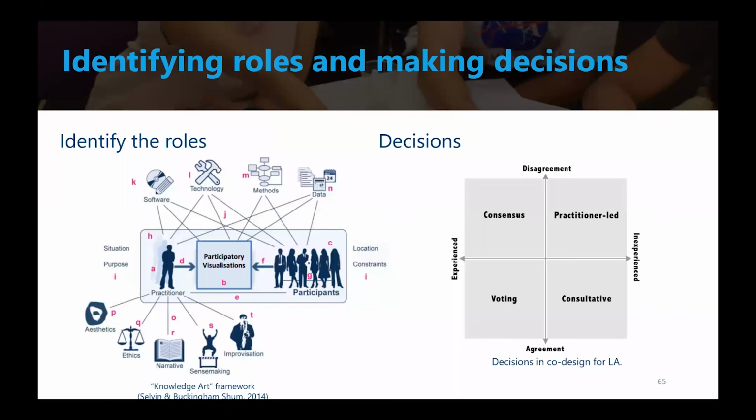We also identify that making decisions at the end of each iteration is very important for each co-design process. Without making a decision, the process doesn't go forward. You have to make a decision, but you have to respect everyone's interest. Sometimes you have to do it as a consensus. Sometimes you have to take the lead. How do we do this and how does this emerge in my case studies?